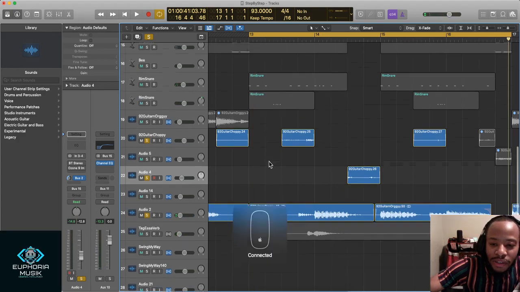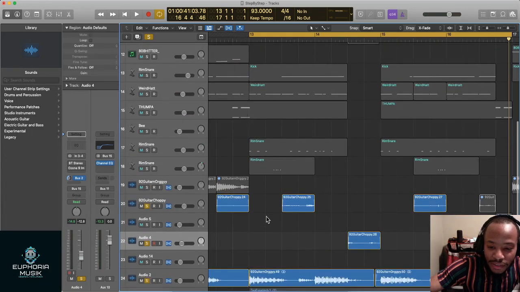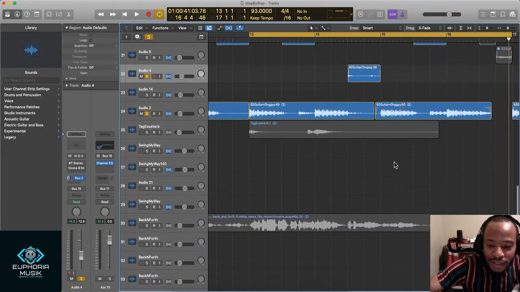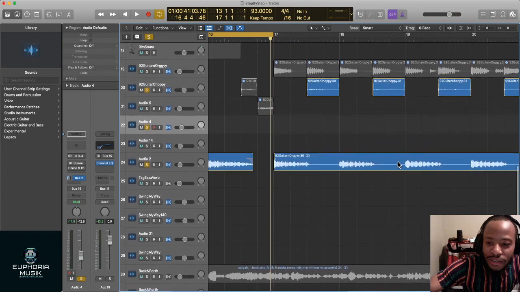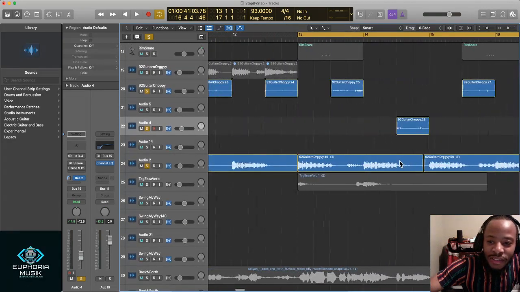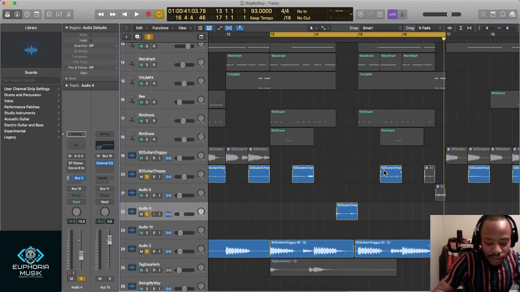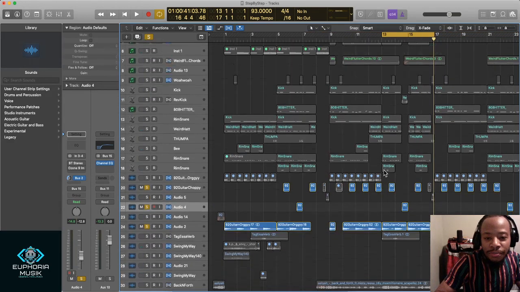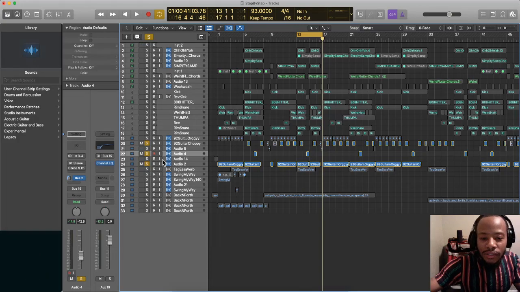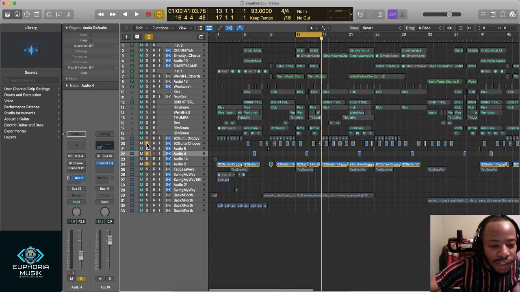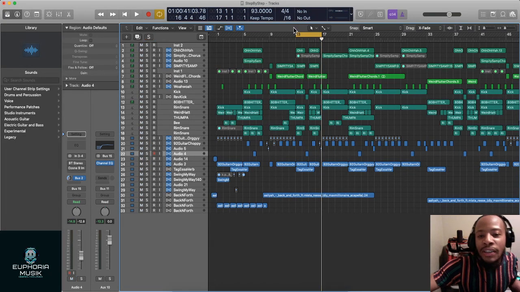All right, so that was that. This is just the guitar by itself. There's nothing really else going on until I started adding a lot of the other sounds. So we get into the layering after the main sample has been cut, chopped, and sound designed and everything like that.